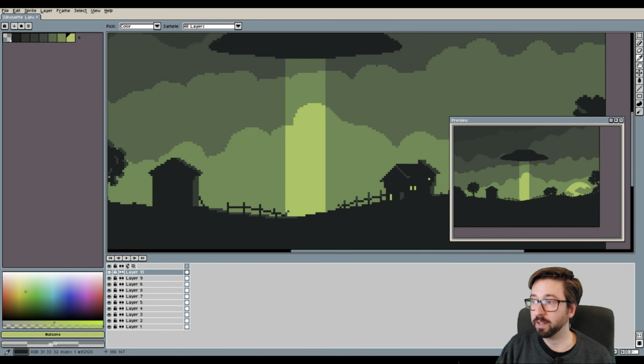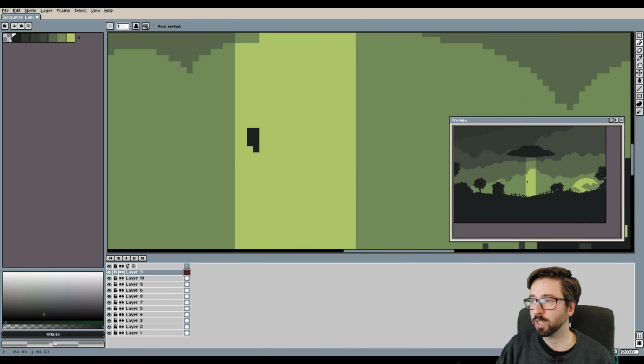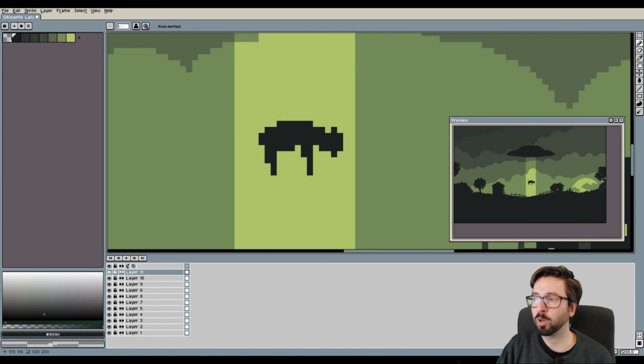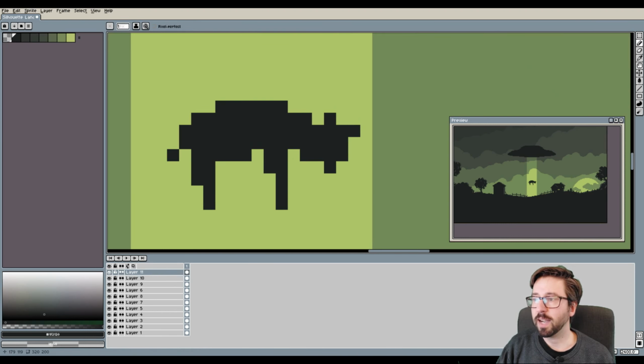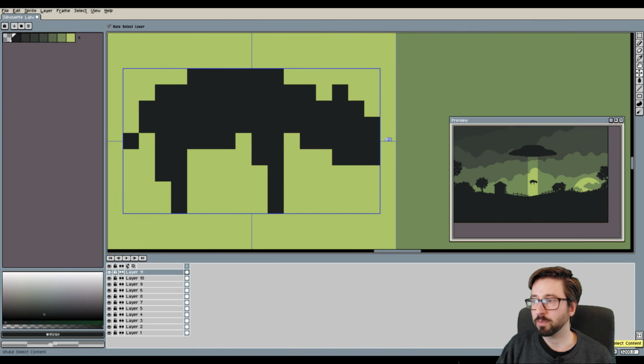So I started creating this cow, which took me a couple of minutes to get the shape down right, because the size I was giving myself here was quite limited and you have only a few pixels to work with to make this really readable as what it should be. So I was going back and forth with the head structure of the animal and also with the number of legs that are visible. I was trying to make all 4 legs visible, but in the end it ended up being too detailed for the size of the sprite that I was going for here. So in the end I went more for a flat 2D kind of shape to just make it more readable.